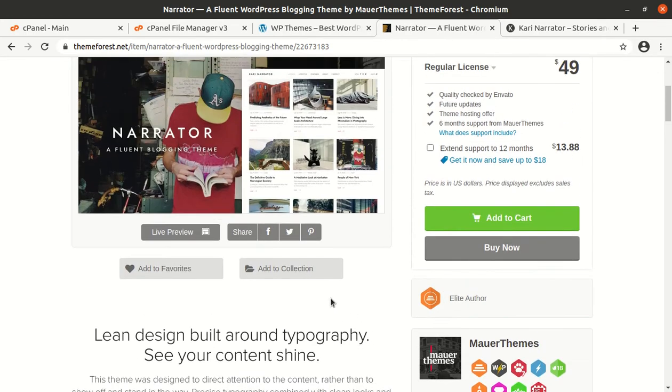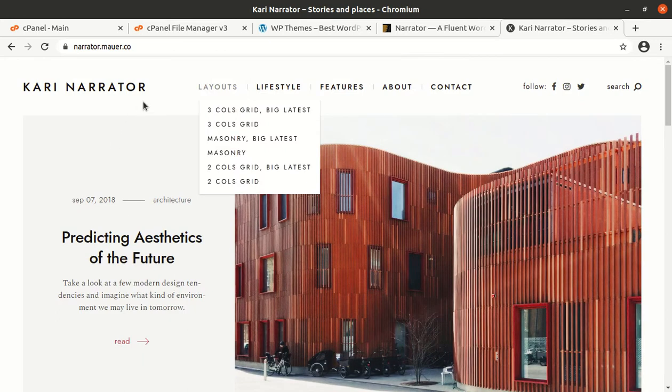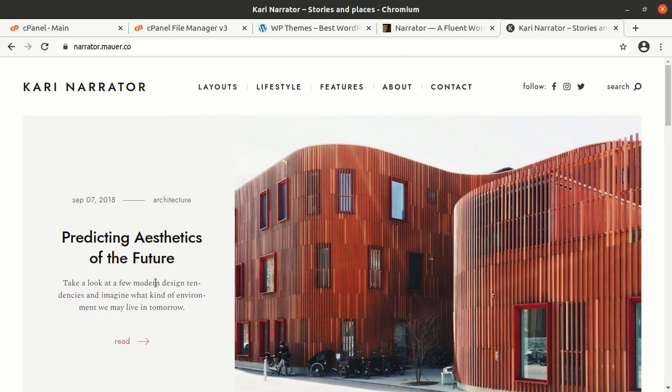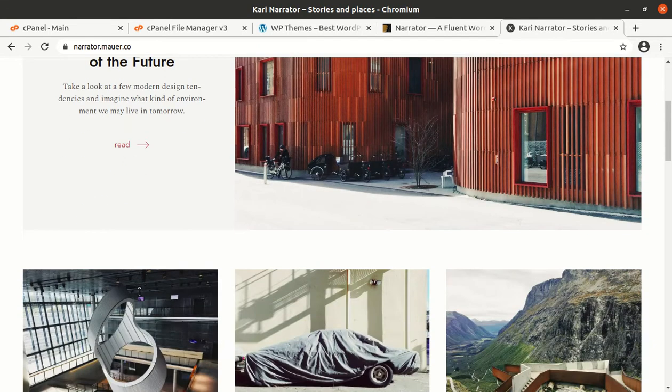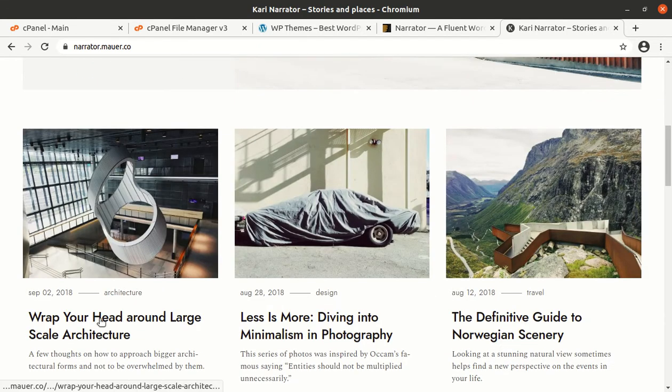I have seen this theme is very creative, and this is the demo look of the Narrator WordPress theme, which has been specifically made for blogging, new bloggers and all.